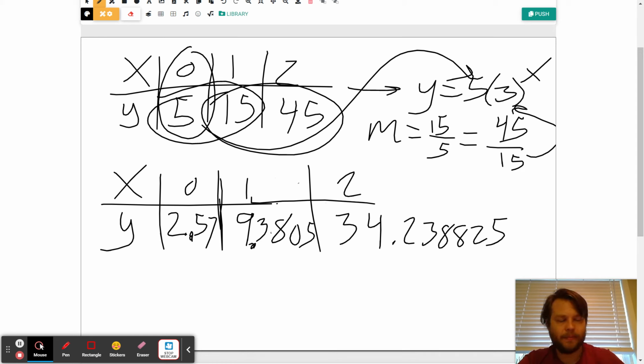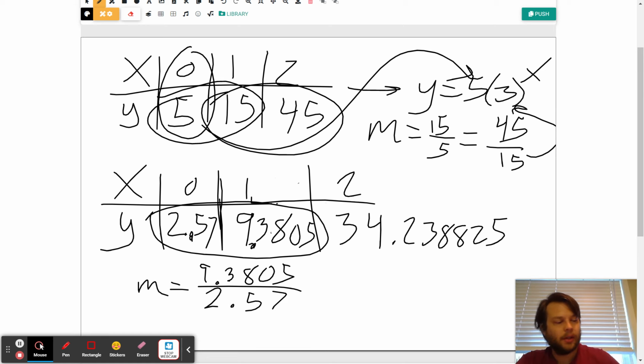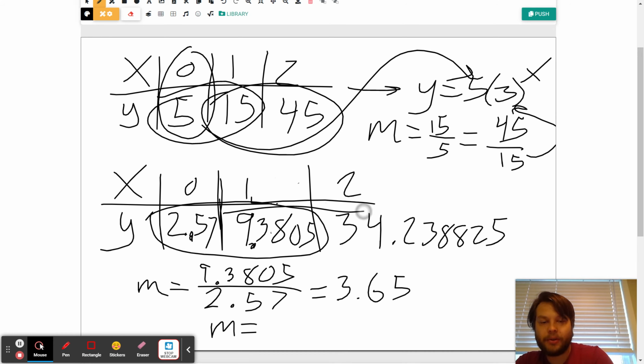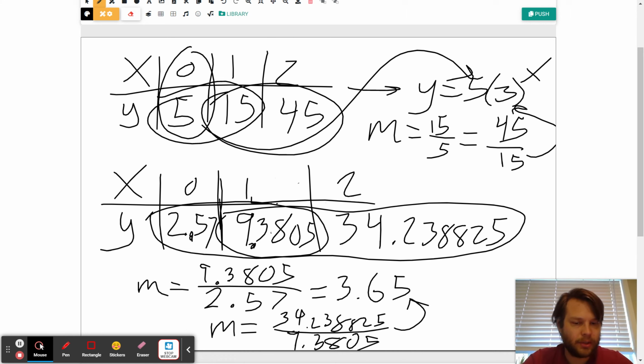So on this example here, to figure out my multiplier, I'm just going to divide these y values here. 9.3805 divided by 2.57, and I get 3.65. I'm a good little math student, so I'm going to double check by using the other two successive y values. 34.238825 divided by 9.3805, and that also gives me, let me double check,